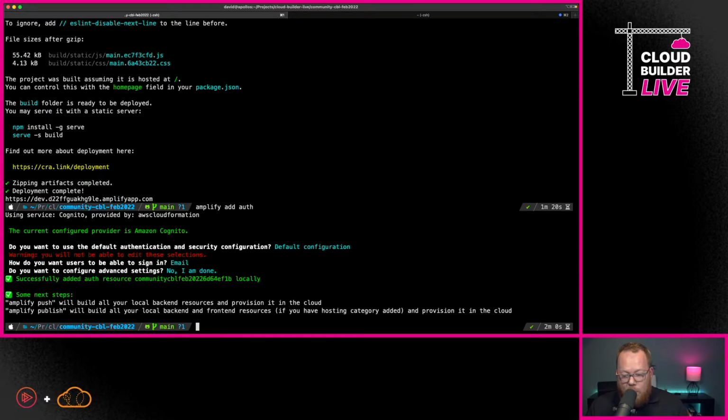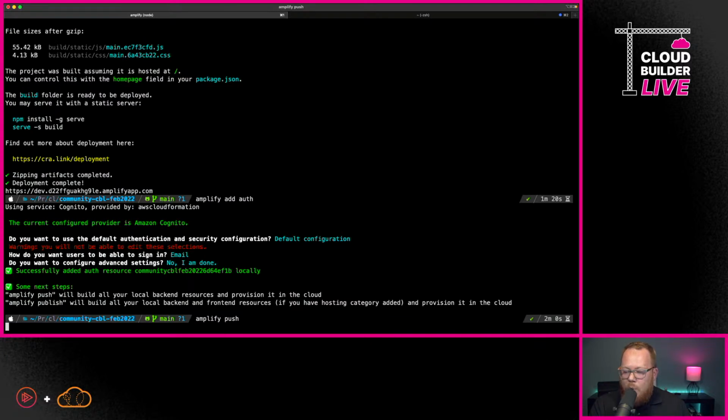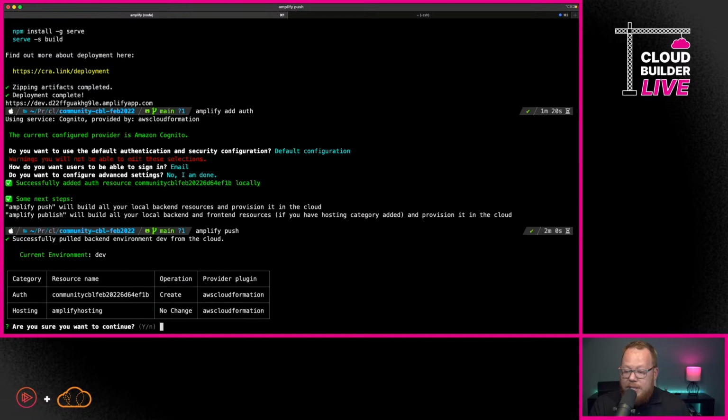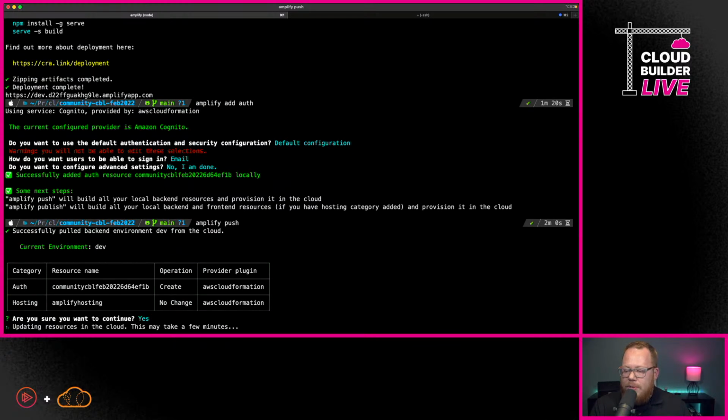And just as before, it tells us here we can run Amplify Publish to do our front end and back end, or we can just do Amplify Push. Now, what I want to do here is I'm just going to go ahead and say Amplify Push, and then we're going to go in and start working within the React application. So I need to wait for it here. It needs me to confirm this. And you can see here it's going to say, hey, do you want me to create auth? And I'm going to say yes, I absolutely want it to go ahead and create auth. So that'll be going on.